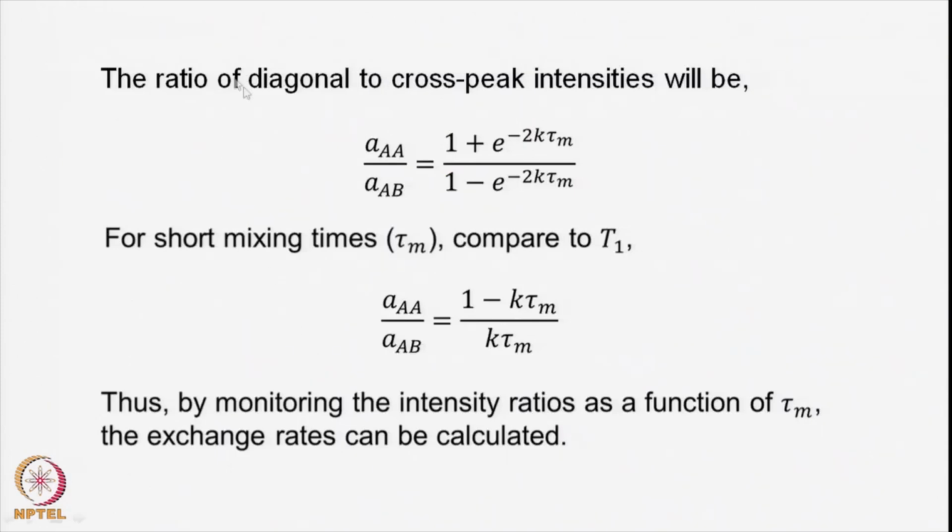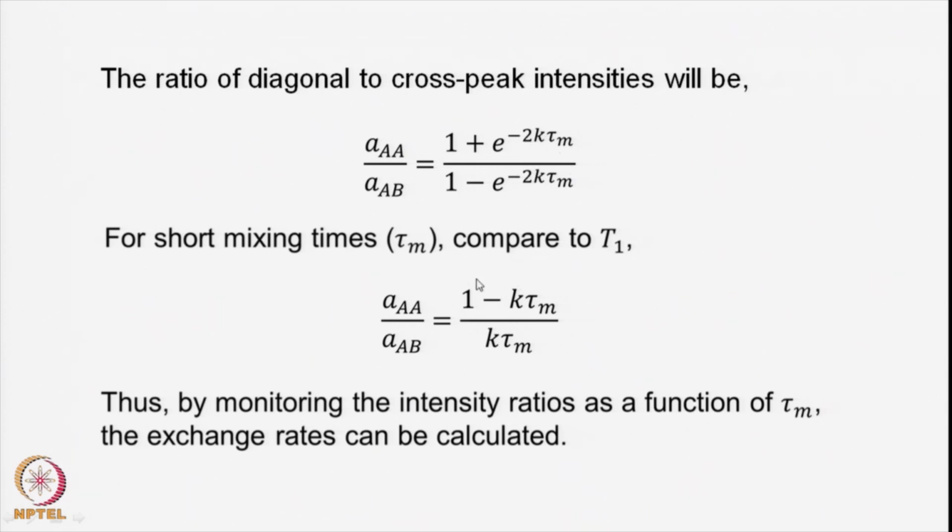Now, if you took the ratio of the diagonal to the cross peak intensities, this will give you AAA by AAB, which is 1 plus e to the minus 2 k tau m divided by 1 minus e to the minus 2 k tau m. Now, for short mixing times tau m compared to T1, this will get reduced,